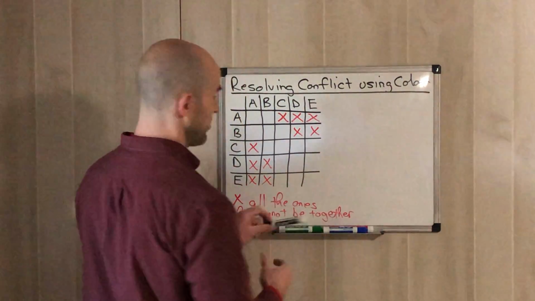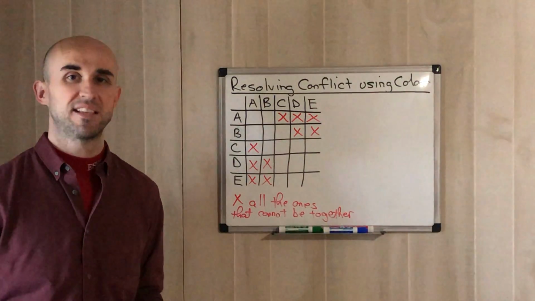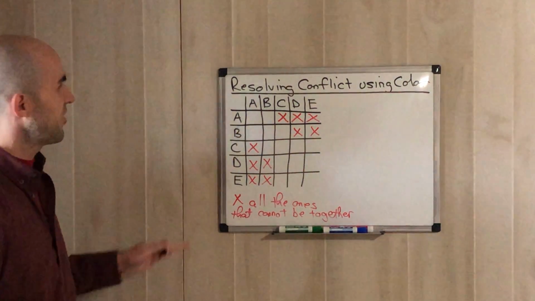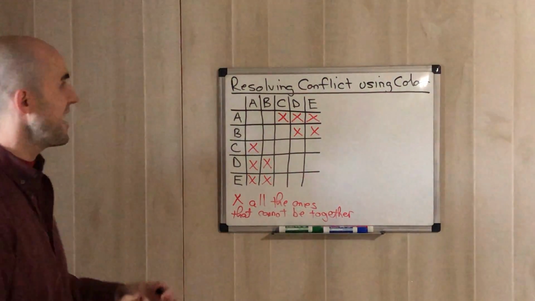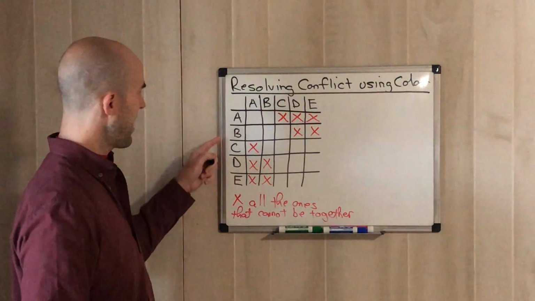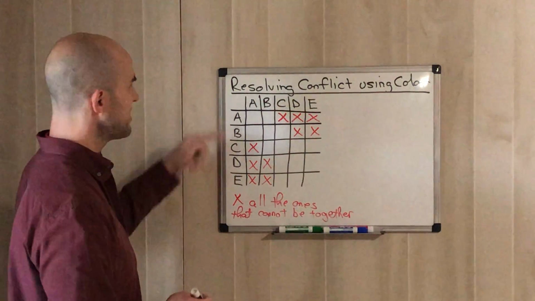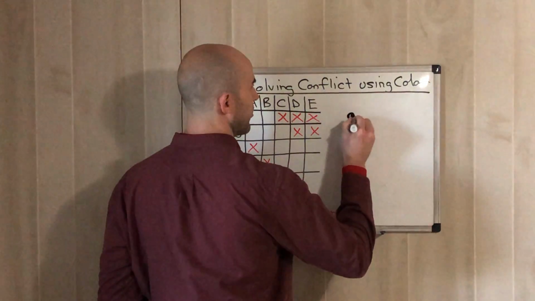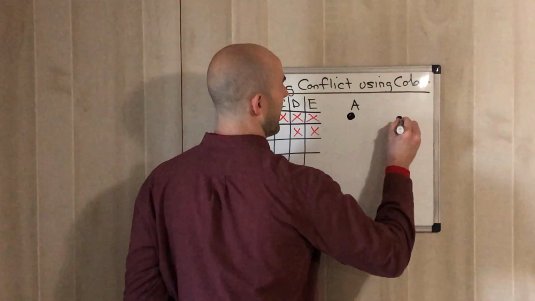But what we want to do is create a visual so it's easy for us to see how many containers we would need and basically what the differences are going to be, right? So the best way that we can do this is by creating a graph using vertices and edges, right? The first step is getting 5 vertices, a vertex for every single variable that we have. So we need 5. We need one for A, we need one for B,